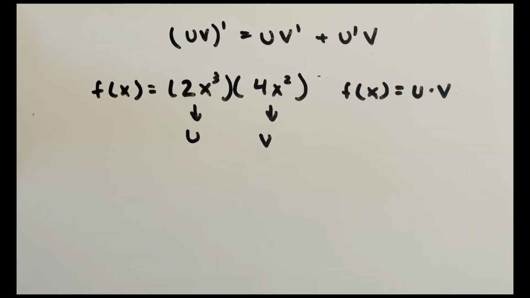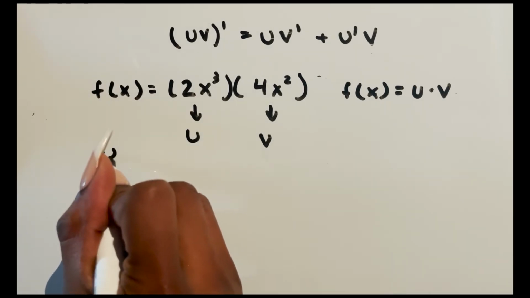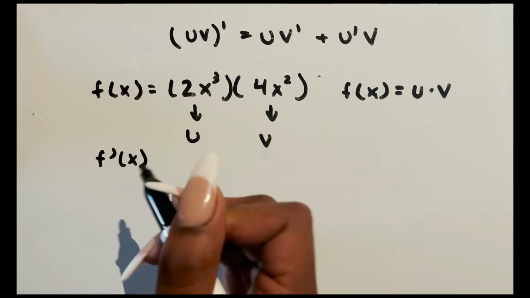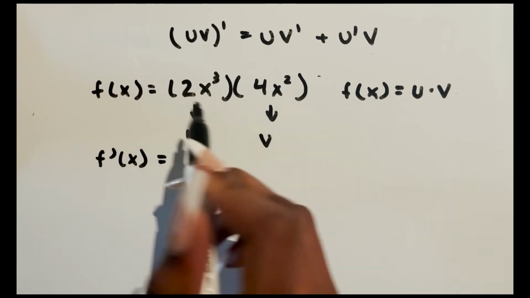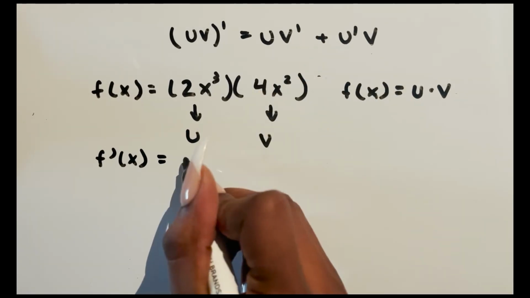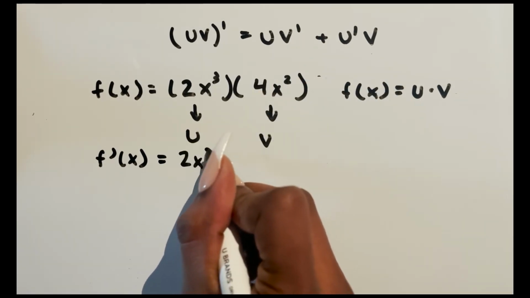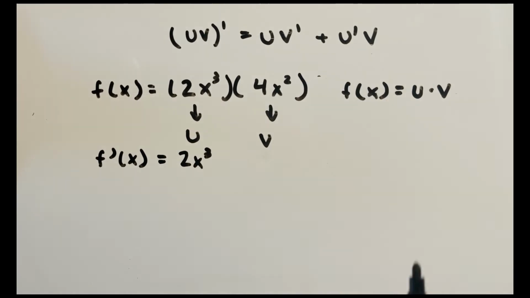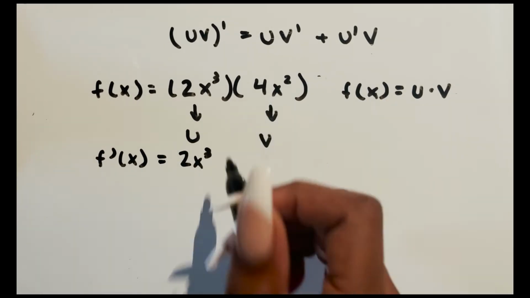So let's use this formula to solve for the derivative of this function here. So f prime of x, or the derivative of our function given here, is u, so 2x cubed, times v prime, so the derivative of 4x squared,